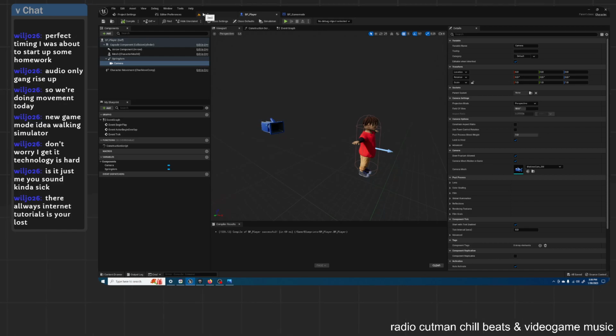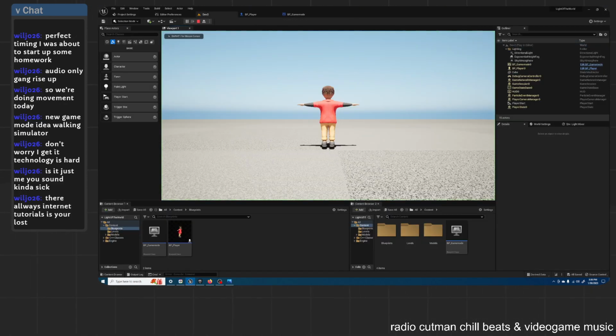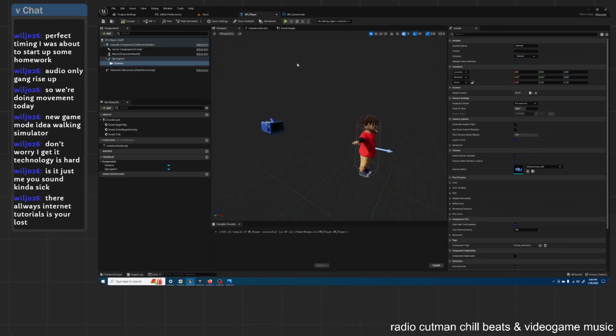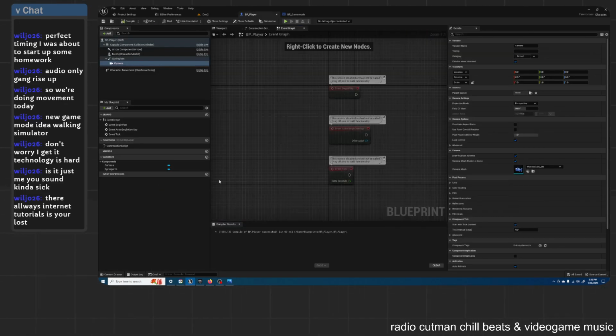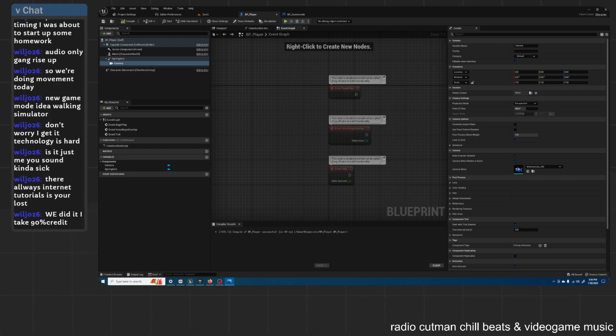All right, so now that we're able to press play and see the player, now we can go ahead and continue. So based on this cheat sheet I have over here, all we're gonna do is,